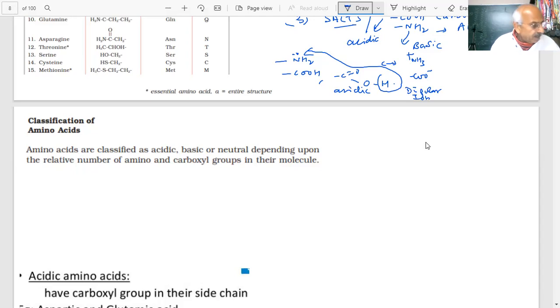We'll tell you what this is known as. These are called the zwitter ions. Zwitter ions. We'll show the structure of this. That was the reason this question was given in the paper, student.